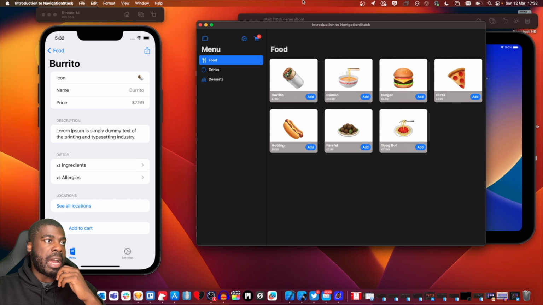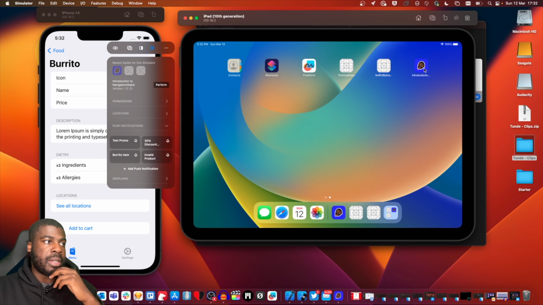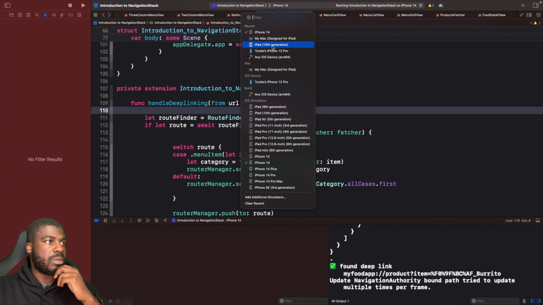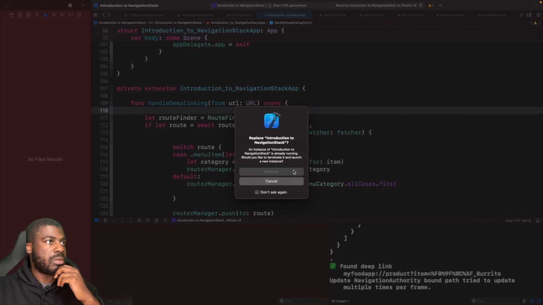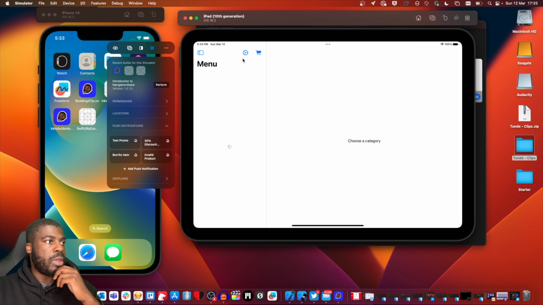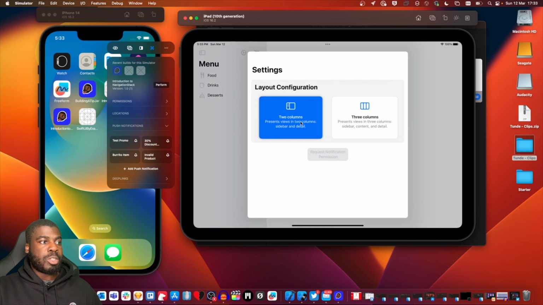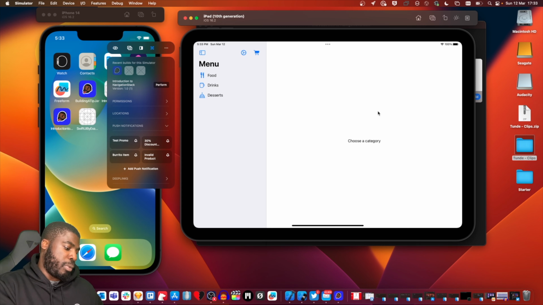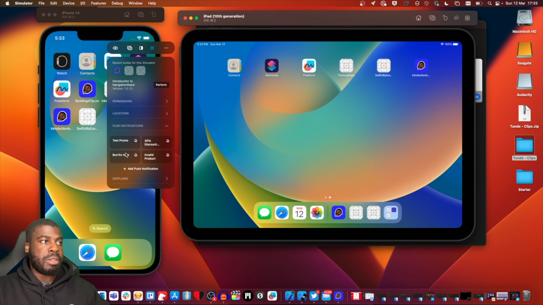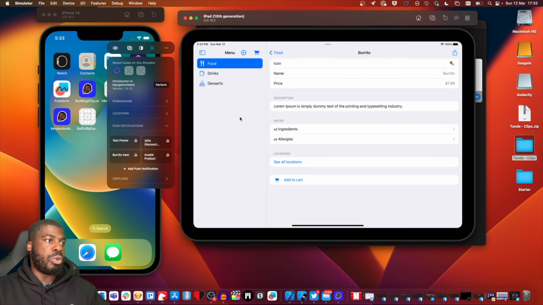So let's test this out on an iPad. So we're going to go onto our iPad and then we'll just run that on here. Okay, cool. Now I just want to make sure. Yep, so we requested push notifications. So we're going to test this out specifically in our 2-column layout. So if we just put this onto the home screen and then we will push through this notification for the burrito item, you tap on it. Cool. You can see it selects the item and then it also shows the information about the item from the